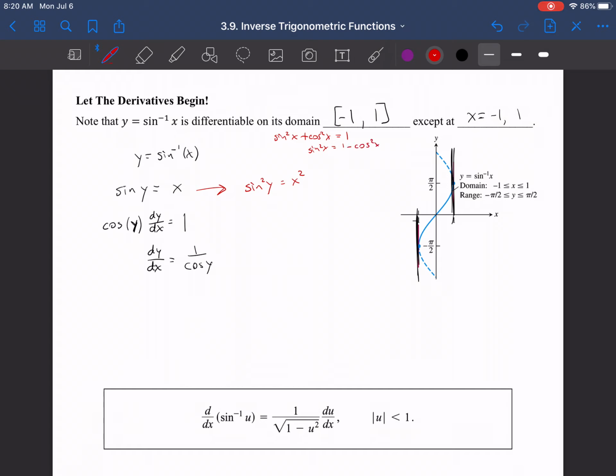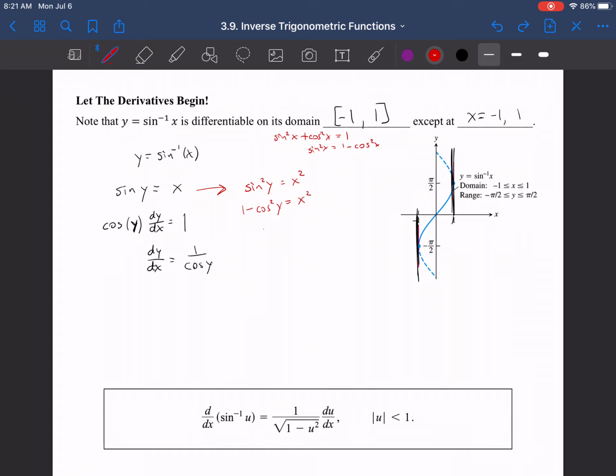So we can substitute that in. This is 1 minus cosine squared, right? And then that equals our x squared. And then what I can do is subtract cosine squared from both sides, and then subtract x squared from both sides. So just a little bit of algebra, and you get